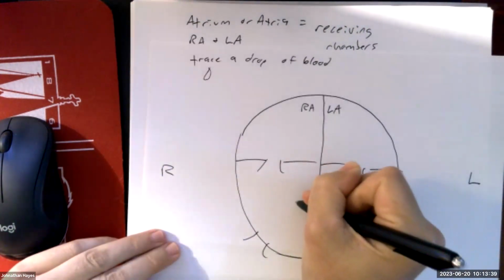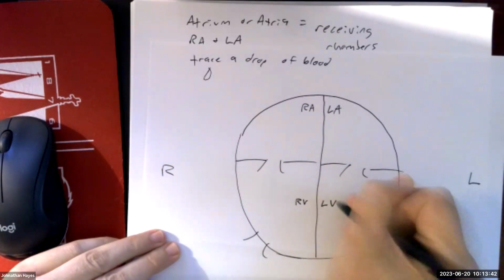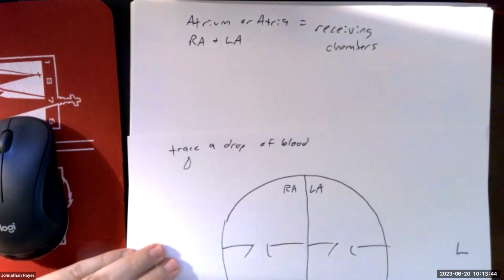So I'll label this one right here, and I'll label this one right here, okay? So ventricles,